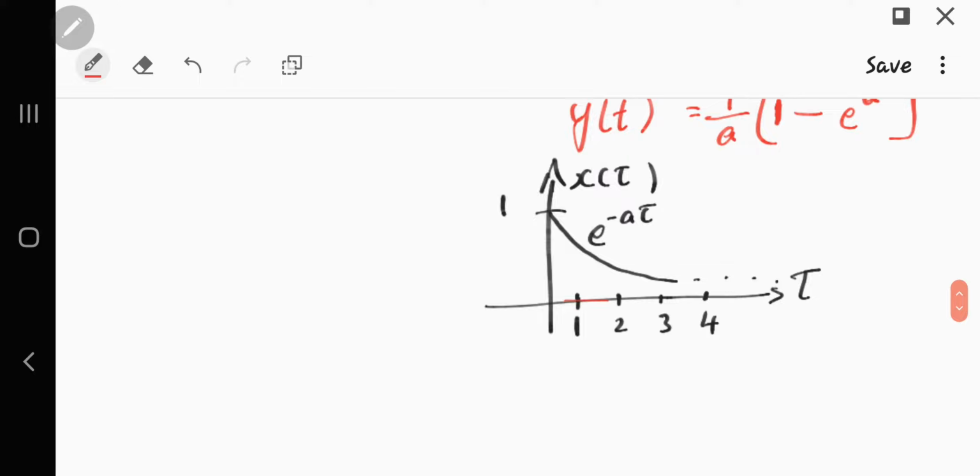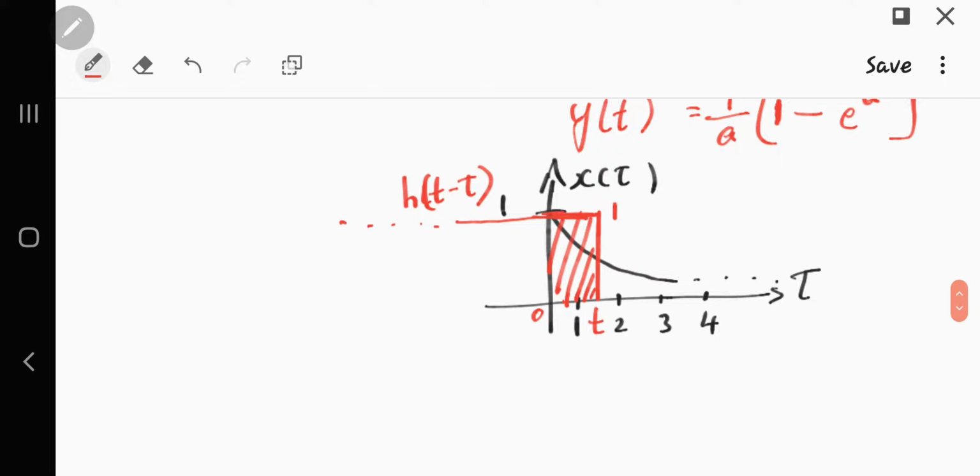So in the previous case, I placed this end of h of t minus tau here between 0 and 1. Now I will move further. So let me erase this, so it will be easier for you to understand. Now I will be moving here. So t, now where is t placed? Now it is placed between 1 and 2. So this is the amplitude of the signal, that is 1. This is my h of t minus tau. Okay. Now the overall region which is overlapping is this much.